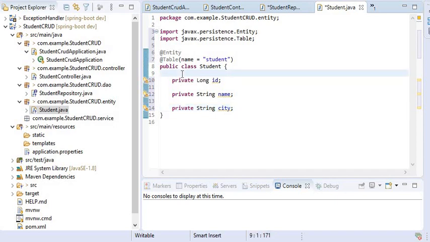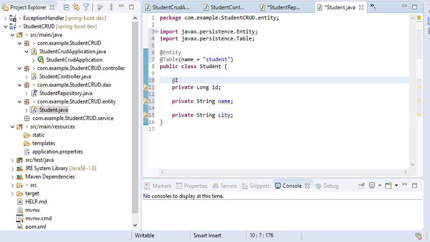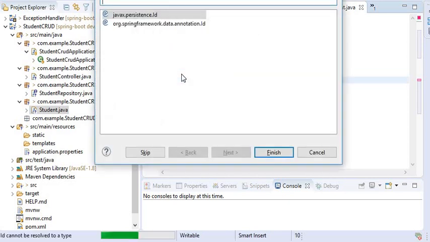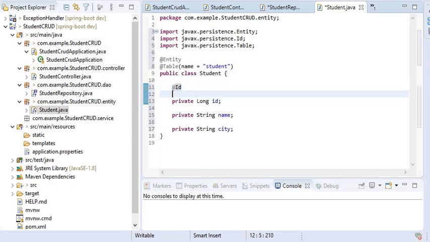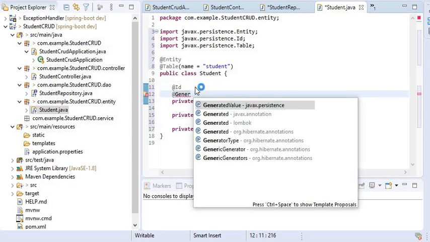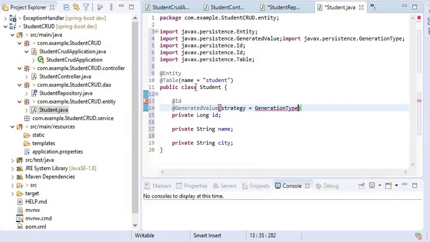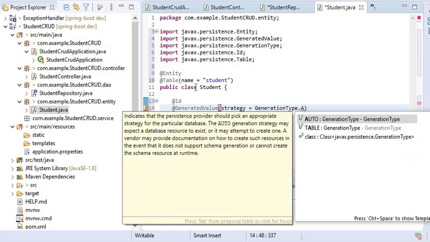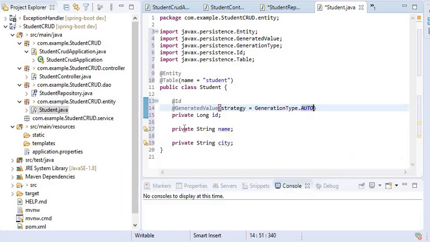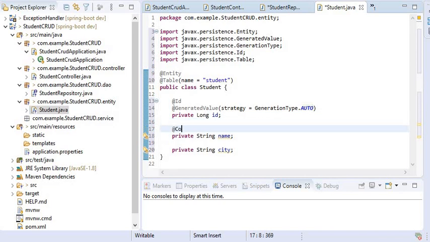And here the ID will be generated automatically by generators. So here I will use the @GeneratedValue annotation, and here I will use the strategy, that is GenerationType.AUTO,